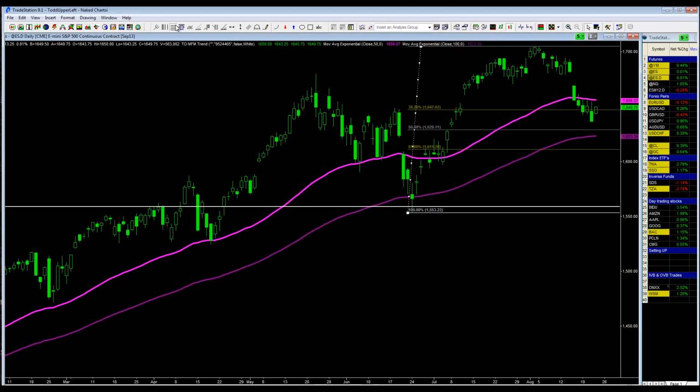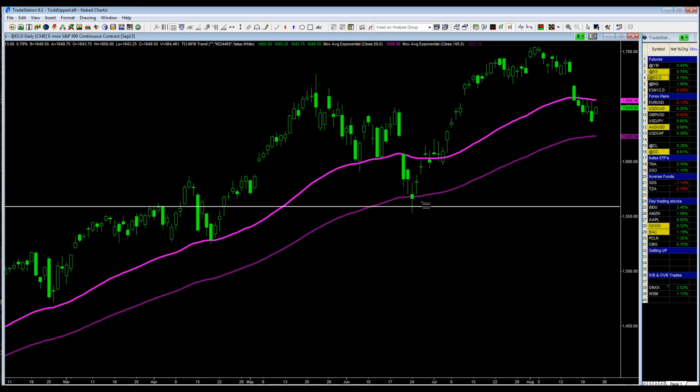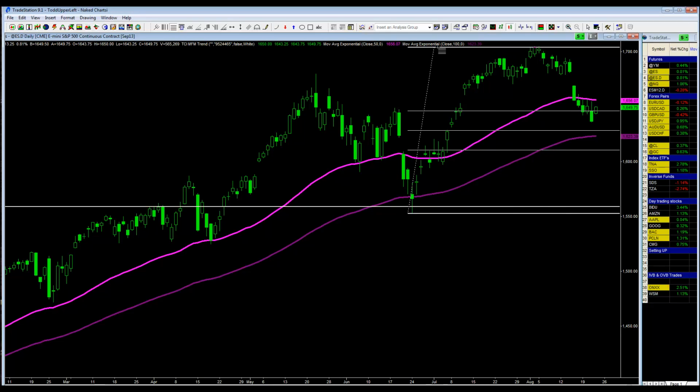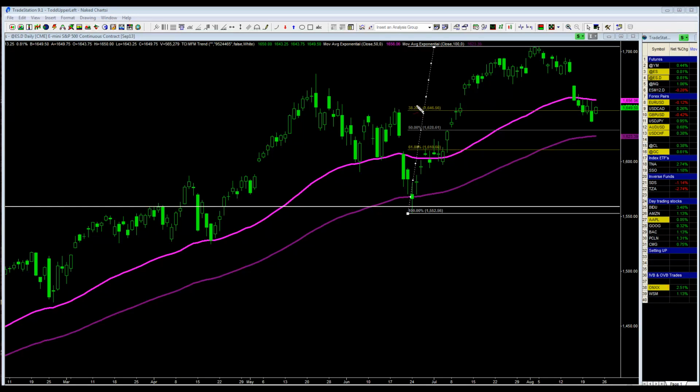The way you do it in TradeStation, or really any software charting package, all software charting packages have the Fibonacci retracement tool, so you click on it. Let me take this off and show you exactly how to do it for those of you that do not use it regularly. Click on it, put it on the low for support, move it up to the high, unclick, left click. And what you see here is we are 38.2% right in here, and the 50% retracement of that